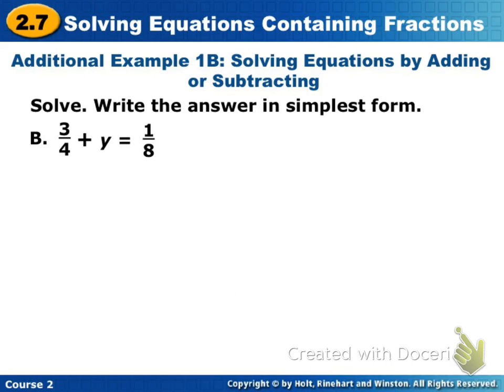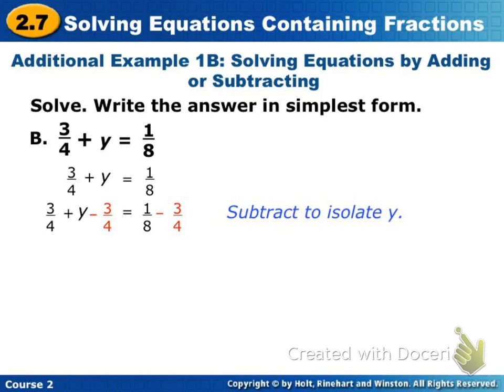Okay, let's try this one. 3/4 plus y is equal to 1/8. In this case, we are still going to use the additive inverse. We've noticed that the fraction is first. It's a positive. So we're going to subtract 3/4 on both sides to isolate the variable. Now, the one on the left, 3/4 minus 3/4, cancels out to 0, and y is